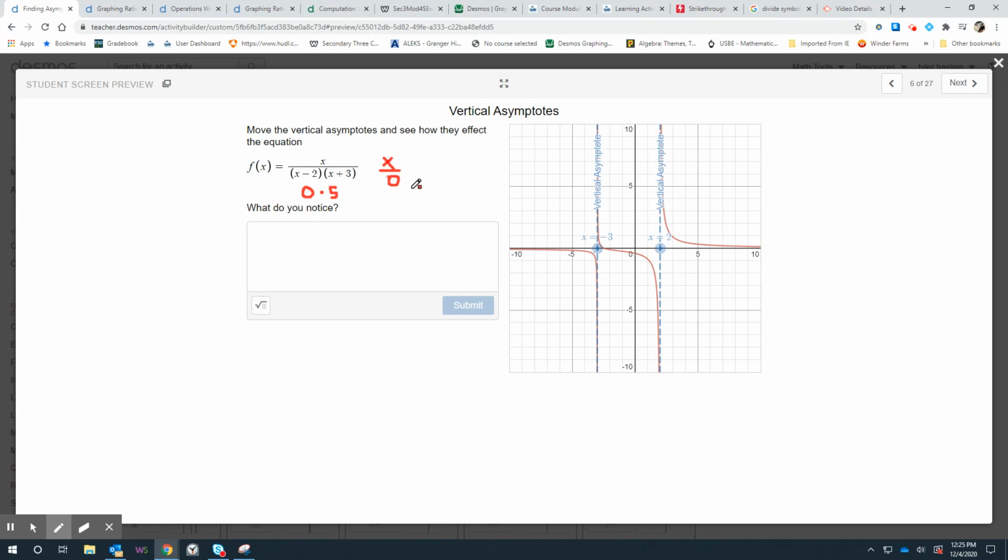So x divided by 0 is undefined, and so on this graph there is no value for it at x equals 2. As you get closer to 2 from the positive side, like 2.1, 2.01, 2.001, your number is just going to get bigger and bigger and bigger. If you approach it from the side on the left of 2, like 1.9, 1.99, 1.999, and plug those in, you'll get a number that's closer and closer to negative infinity. But when x equals 2 itself, you are dividing by 0, and so it is undefined,